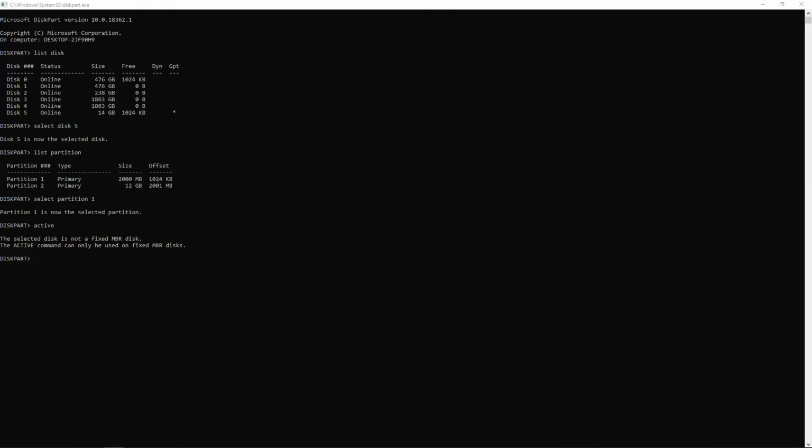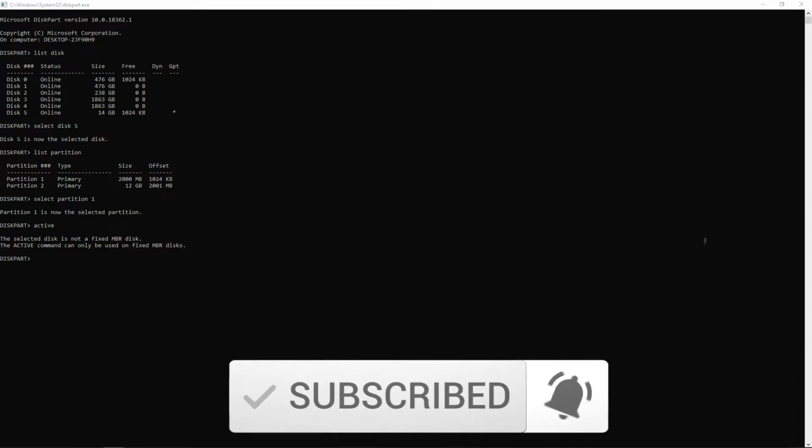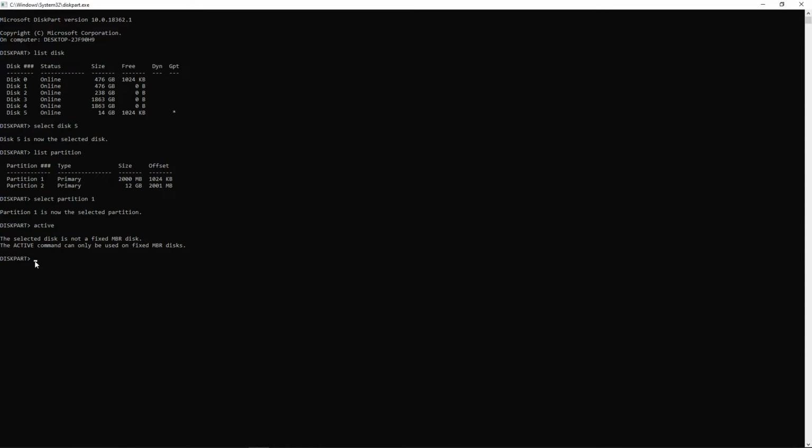So type active here, and again we will receive an error telling us that the partition we're trying to use as the active partition is not on an MBR disk, I mean master boot record. So we need to convert this disk to master boot record, and that we can do by typing the command convert MBR. But before that we need to